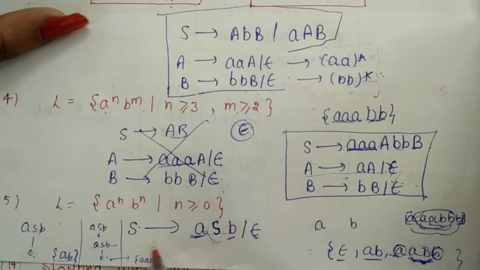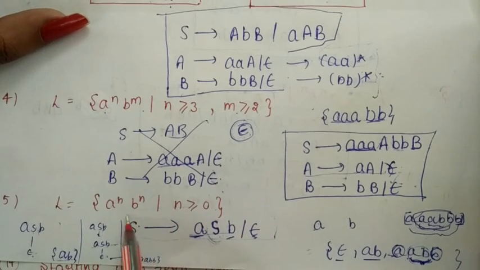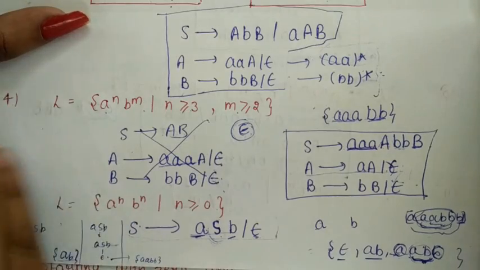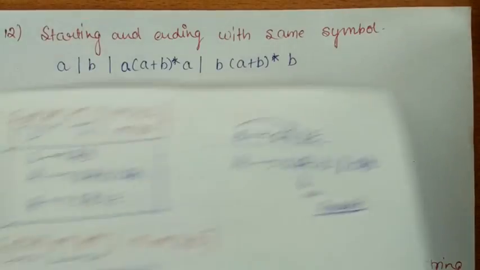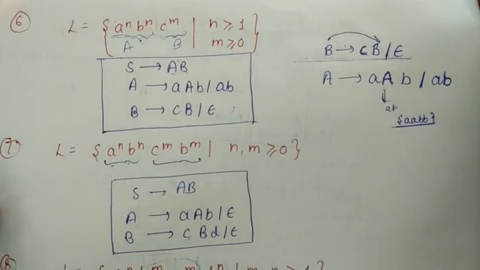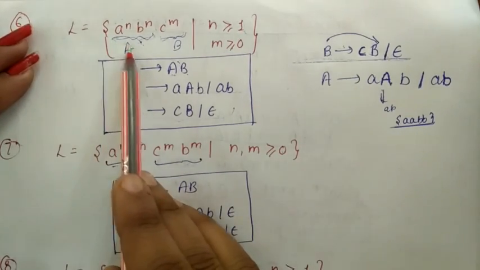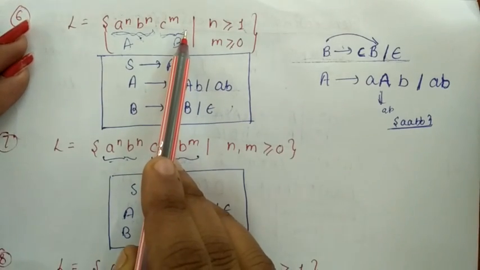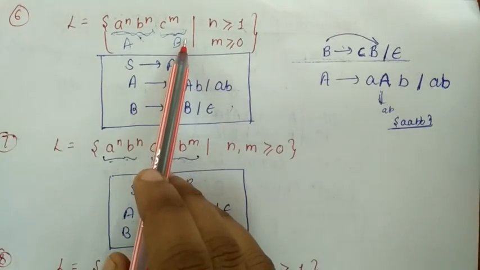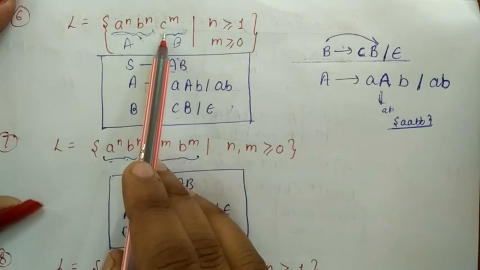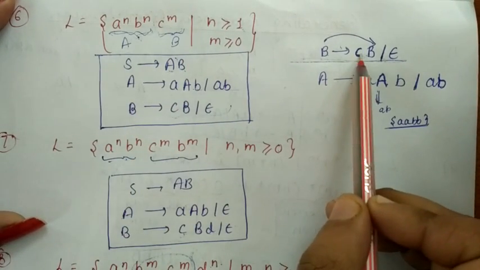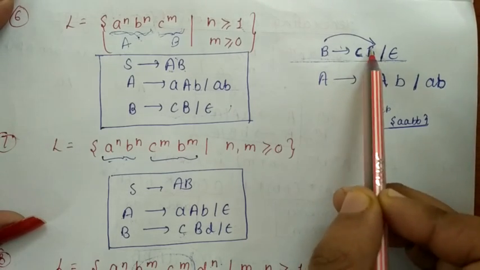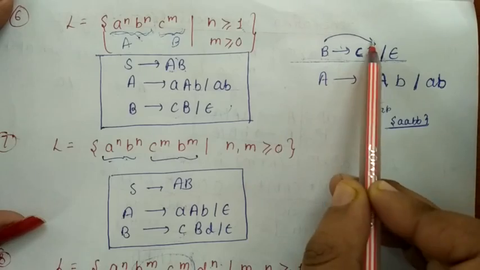Okay, so we can write the grammar like this for equal number of A and B. Now the next problem is this. This is for equal number of A and B, and this is any number of C. I have told in the previous problems that we can generate any number of C, means any number of a variable. So we can put that variable here, and we can take a repetition of this variable.